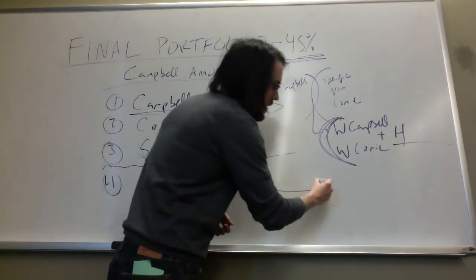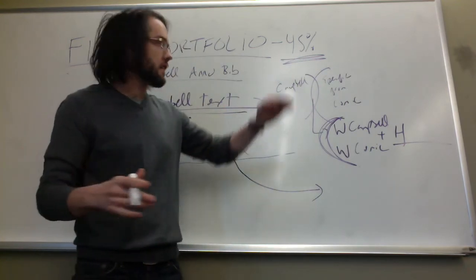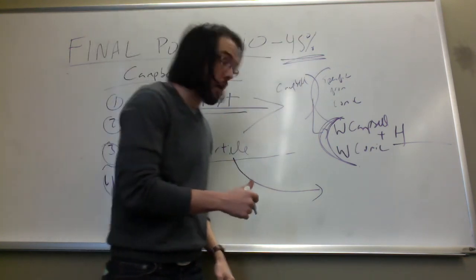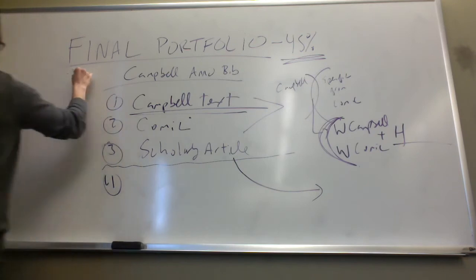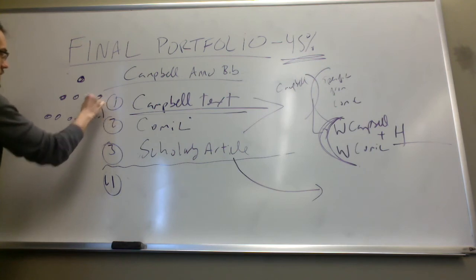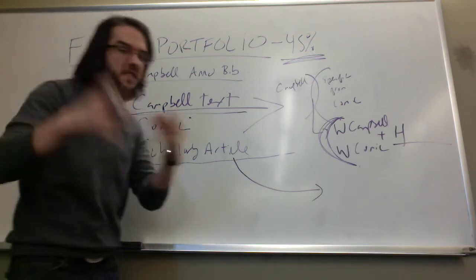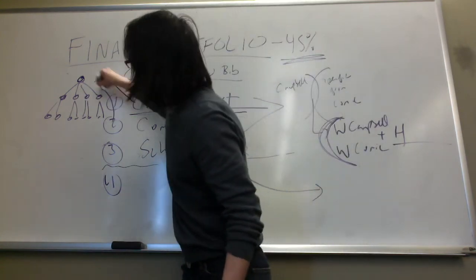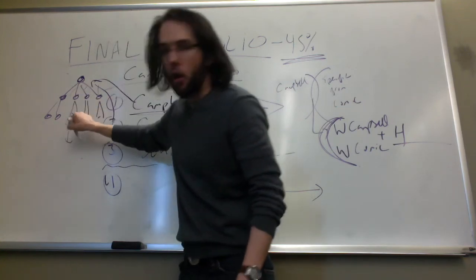The scholarly article is not key to the annotated bibliography. It's not a topic. It's not a thesis. It's just one argument in one paragraph, right? So if you remember, essays are hierarchical thinking, right? You have one thesis, you have multiple topics, and then each topic has multiple arguments, right? They're all the same thing, they're your ideas. These two, Campbell and the comic, they're part of your thesis. And so all of your topics would come from that. The scholarly article only needs to be related to one argument.